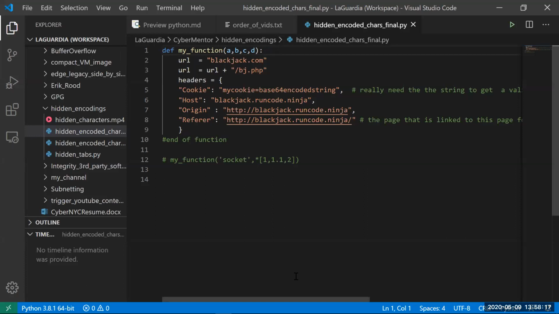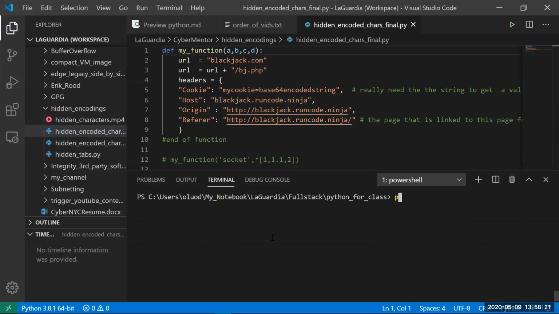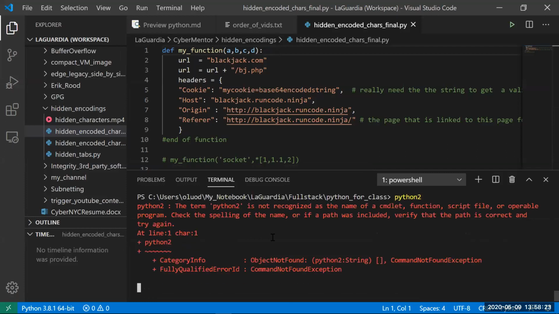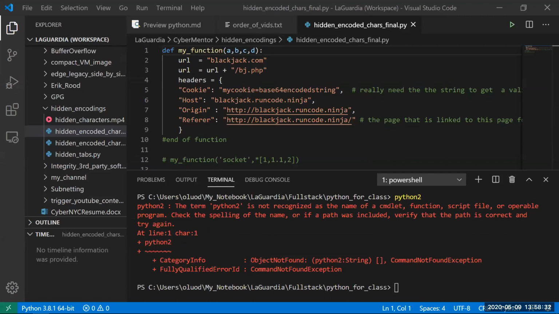So first things first, right? You're trying to use VS Code, but Python is not even there. Python 2 is not in there. To deal with this problem, you want to go back to your downloads. You want to find that Python installer that you used to install Python. You want to click on it,